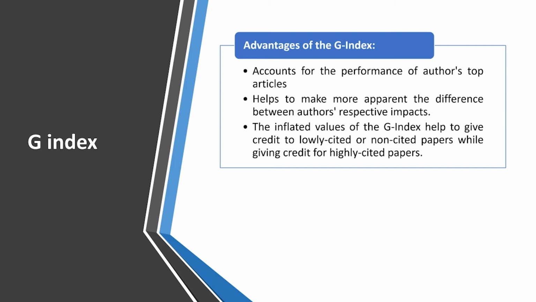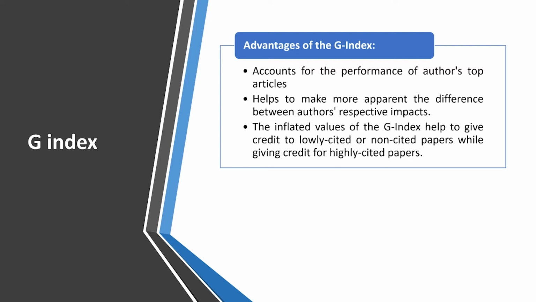It might be possible. Why am I saying this? Because top articles mean a lot. You know Hirsch, the scientist who invented the H index, by his one paper in 2005. And it might be possible that the complete H index of Hirsch himself is depending totally upon that particular article, because that is the topmost article. But why is it topmost? Because it has got the greater impact. So why not give more weightage to the topmost cited article? So G index focuses on this thing.